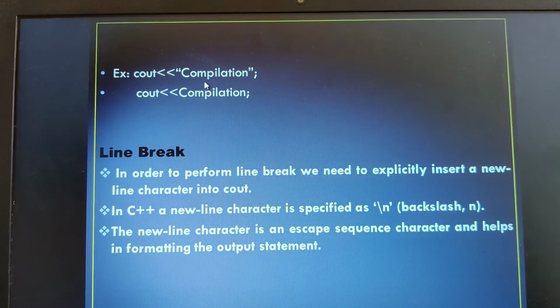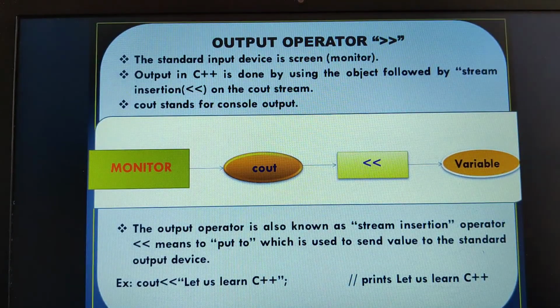Okay, now let us come to this example. There is a difference here. In this particular sentence, "Let us learn C++", what you are seeing is actually a string constant. A string constant means the value will never be changed at all. A sentence in these instructions which is a string constant should always be enclosed in double quotes. Whenever we want to use constant strings of characters, we must enclose them in double quotes, so that you can make the difference between variable names and string constants.